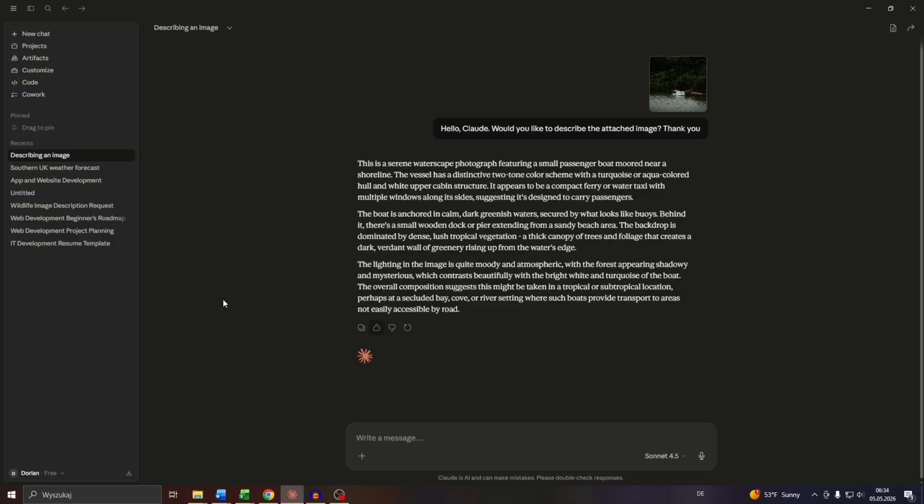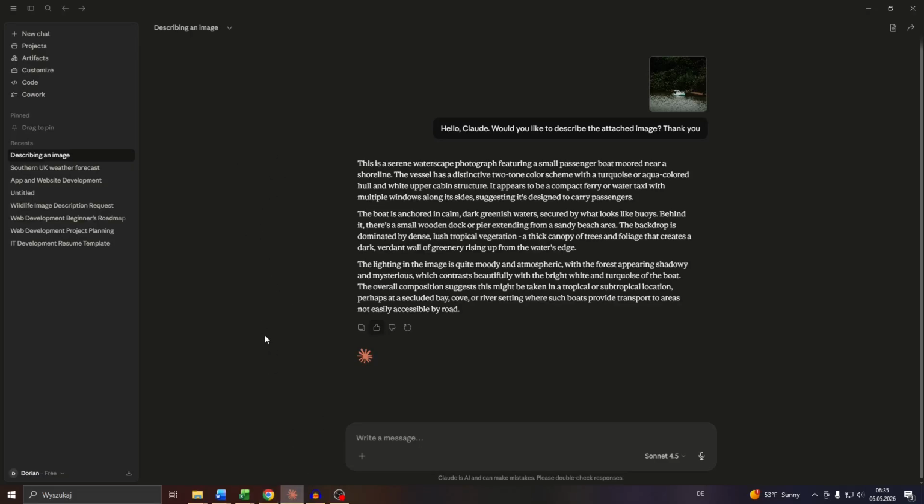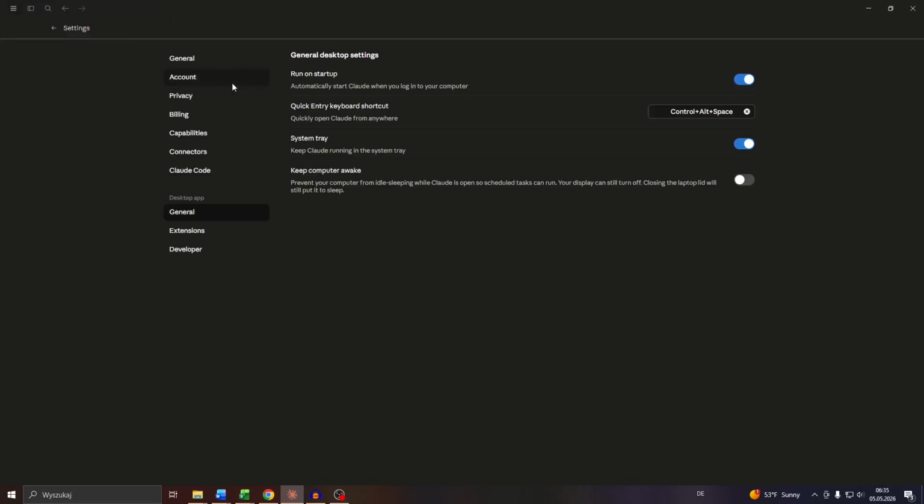So usually what you need to do, guys, is navigate to the application settings, not through the web version of Claude AI, but here on the desktop application. So launch the desktop app of Claude, click into these three lines in the top left, hover your mouse over file and select settings. Here, guys, what you want to do is navigate to the extensions tab here under desktop app,